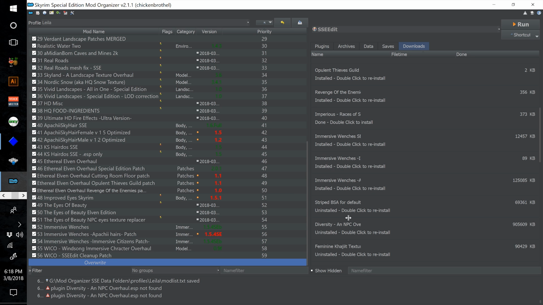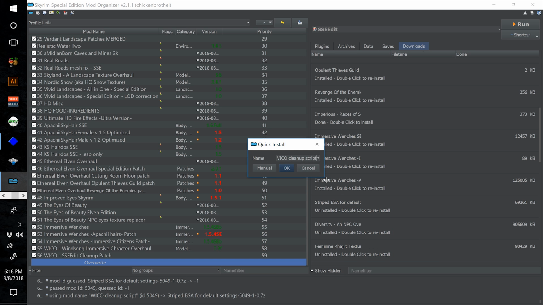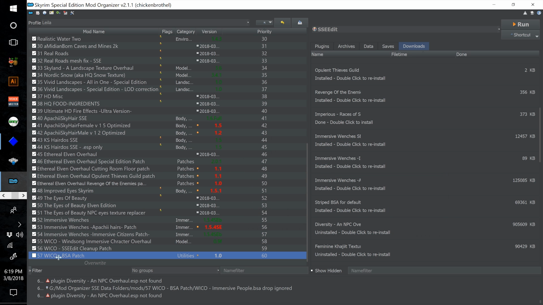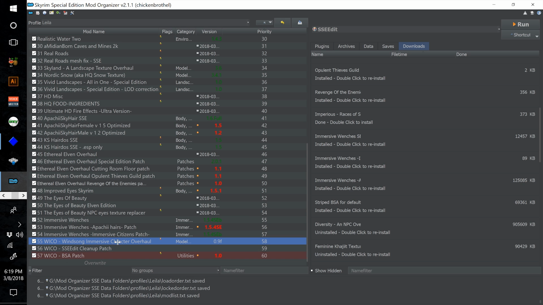Now in your Downloads tab, find the striped BSA for default. Should be one of the first files you downloaded at the top of the video. Double click it, call this 57 WICO BSA patch, and click OK. Now you can tick this checkbox to allow it to overwrite the BSA that is already existing within 55 WICO